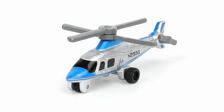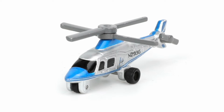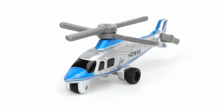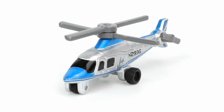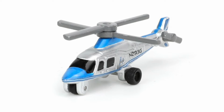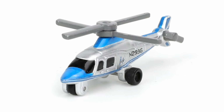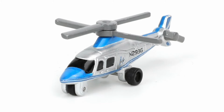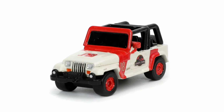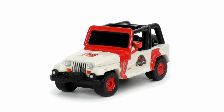But this one's a little bit more faithful. I mean, definitely custom designed to be like the movie with the tail call sign too, with the blue stripes. So really fun little guy. I think when we think about Jurassic vehicles, we always think about the Jeep and the Explorer, but the helicopter gets some love too. I mean, look at this thing. It definitely evokes that opening scene flying through Nublar. And then when we get there, what do the guests get on but the Jurassic Park Jeep? I think the Jeep is